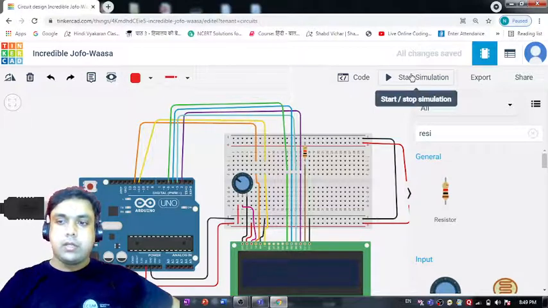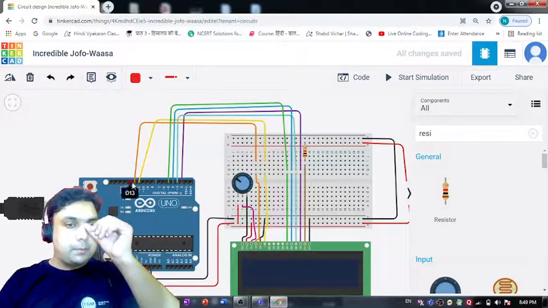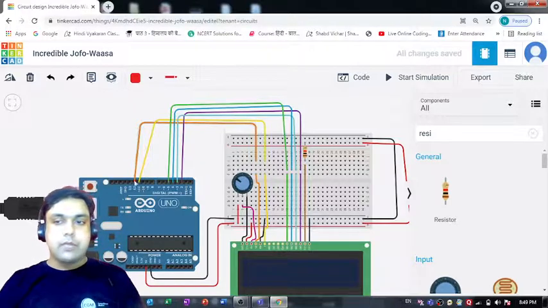Okay, then here it is register select, so we have connected it to pin number 12. So that is also perfectly fine. Register select is connected to pin number 12. Then ground pin is connected to negative, 5 volt is connected to positive terminal, and this one has to be connected to the positive terminal. Like the potentiometer, terminal 1 needs to be connected to the positive terminal. That's what I have done.